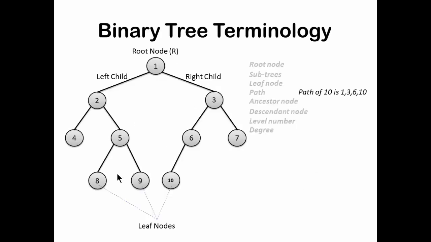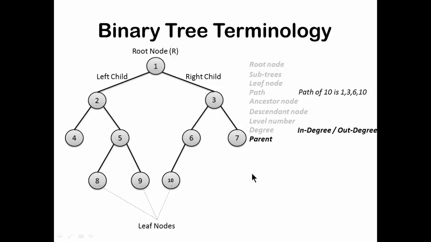So we have already discussed what are root nodes, subtrees, leaf node, path, ancestor nodes, descendant nodes, label, numbers and degrees. Now let's talk about a few more things. In a binary tree we have got in degrees and out degrees. In degrees means how many parents do you have. So you have just got one parent, so the link that is coming towards a node is 1. In case of root node you don't have any in degree. Out degrees is the number of children that you can have, right? So there is a restriction on the out degree, you cannot have more than 2.